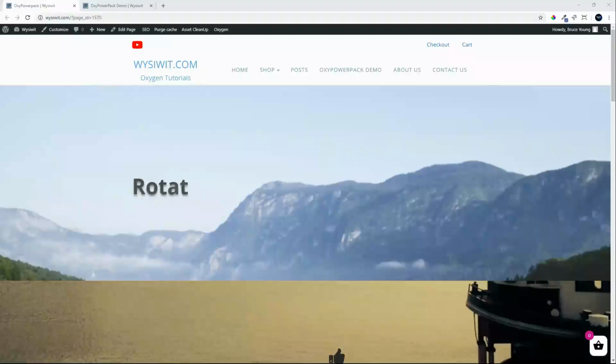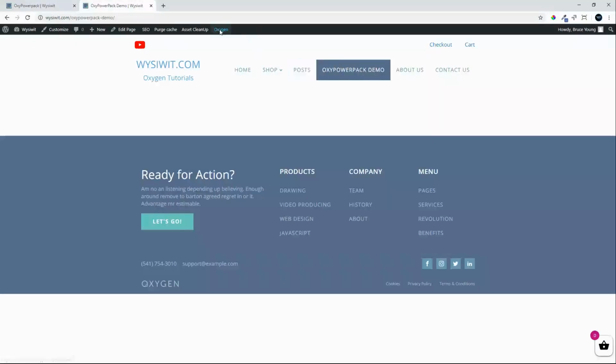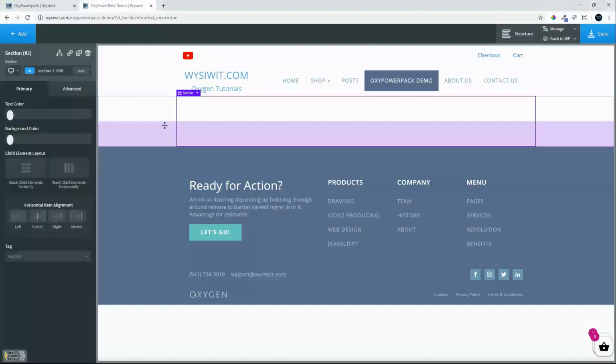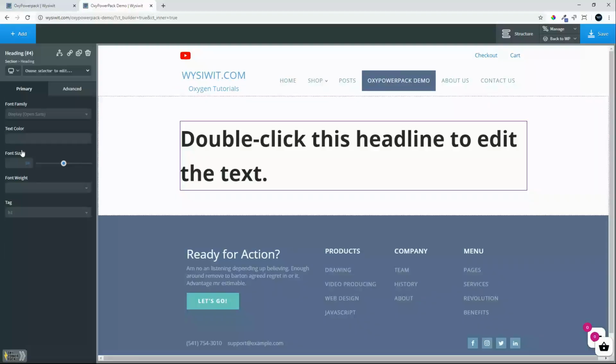In this video, we're going to have a look at creating the rotating text effect using OxyPowerPack. So to do that, we've created a page called OxyPowerPack Demo, and let's go ahead and edit that with Oxygen. Oxygen is loading. Oxygen loaded. We have a section, and what we're going to do in the section is add a title, and